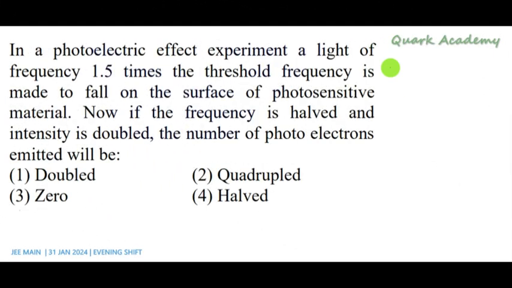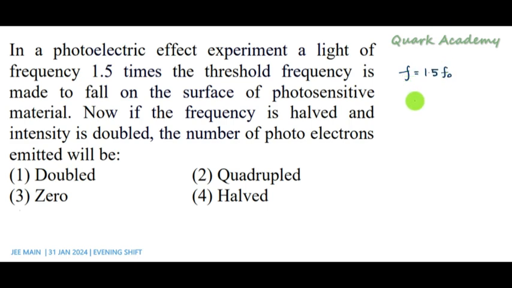This question is based on the photoelectric effect experiment. So initially, the photoelectric effect experiment is conducted with light of frequency, let's consider it as f, and it is 1.5 times the threshold frequency. So f0 is the threshold frequency. So threshold frequency is the frequency above which photoelectric effect can take place. So whenever we shine a light whose frequency is more than this threshold frequency, then photoelectrons will be emitted from